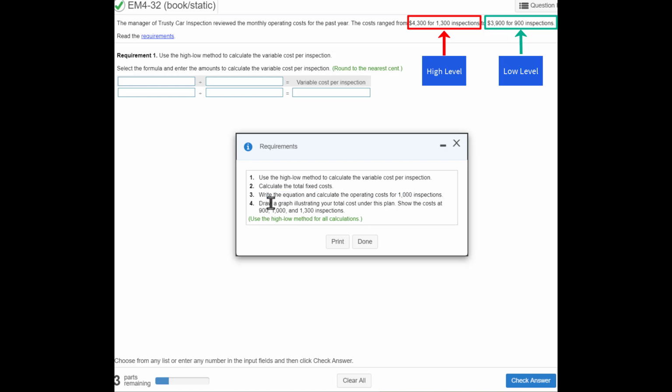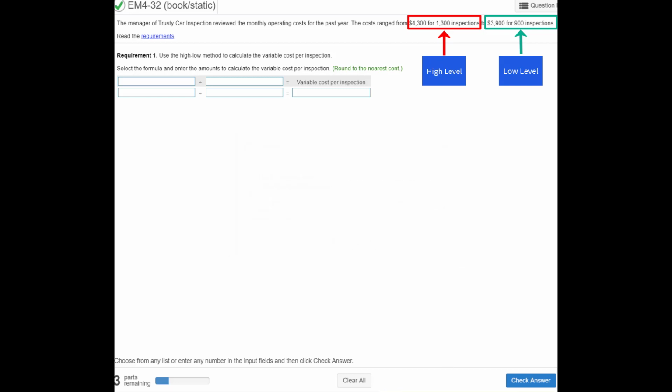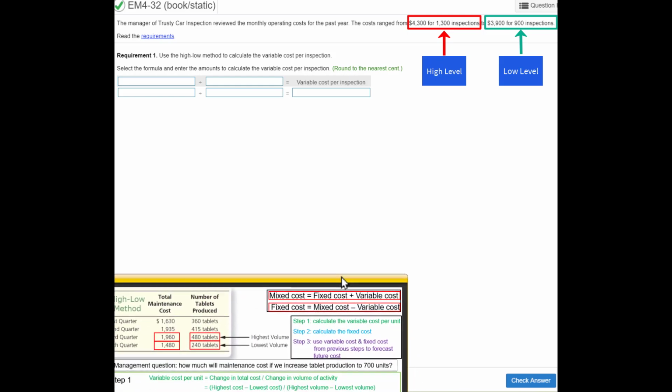And then finally we'll draw a graph illustrating the total cost under this plan, which means showing the cost for the 1,000 inspection scenario, the 1,300 inspections, and the 900 inspections. So going back to our slides,